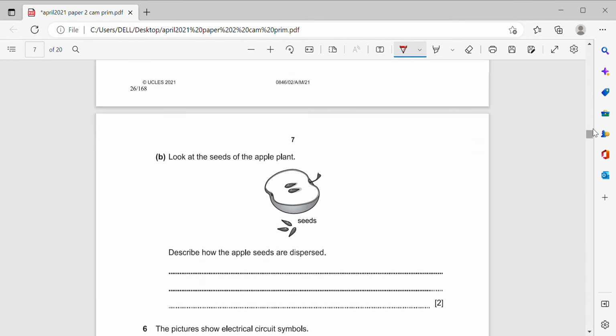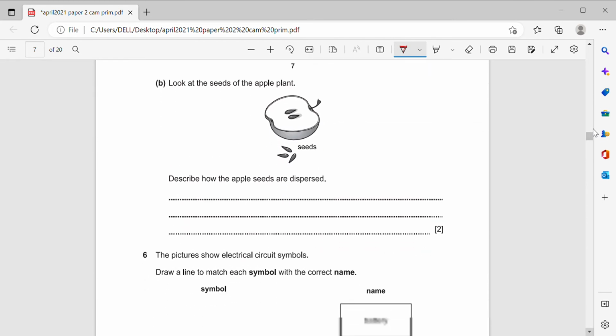Look at the seeds of the apple plant. Describe how the apple seeds are dispersed. How will seed dispersal happen? Notice this question is out of 2 marks, so we must write 2 points. First, the seeds or the apple is eaten by an animal. Then step 2, the seeds